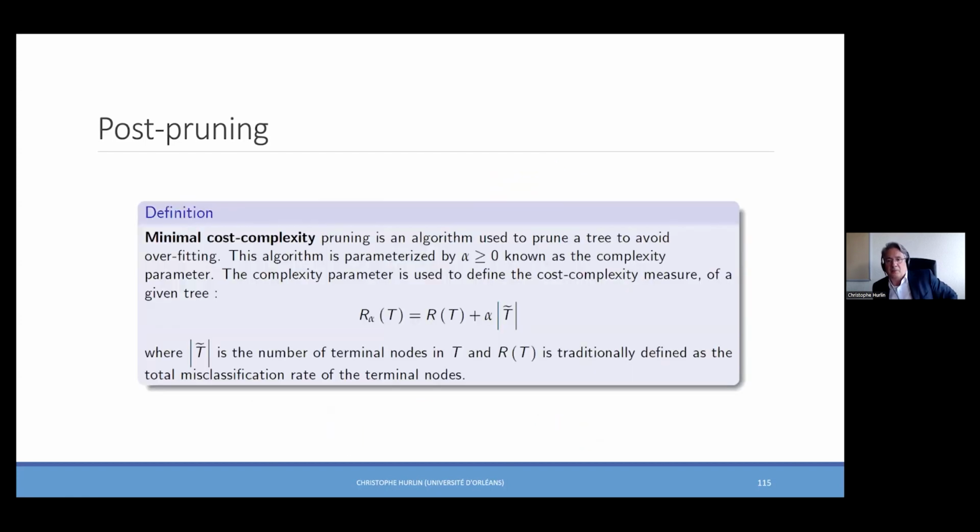So how does it work? You prune a tree to avoid overfitting. You have alpha, which is the CCP alpha parameter. This is a positive parameter, a complexity parameter. And then you compare. So let us imagine that you have your tree here. And then let us imagine that I want to withdraw this part. Then I compute